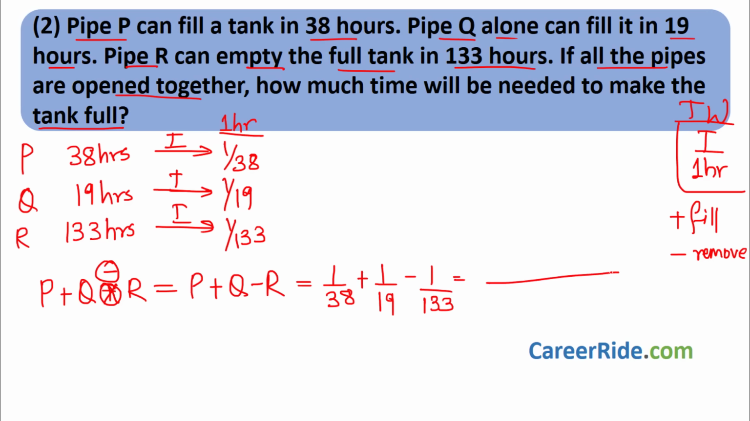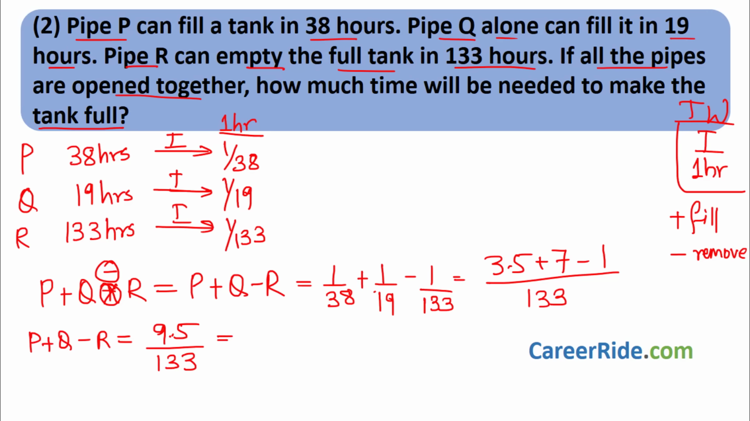133. On solving, let's see what we get. We take 133 as the LCM, because 19 into 7 is 133. So for 38, for 133 we'll have 1 over here. For 19, 7s are 133, and 38 is twice of 19, so this should be half, 3.5. So what we will get over here? P plus Q minus R would be 7 minus 1 is 6, 9.5 upon